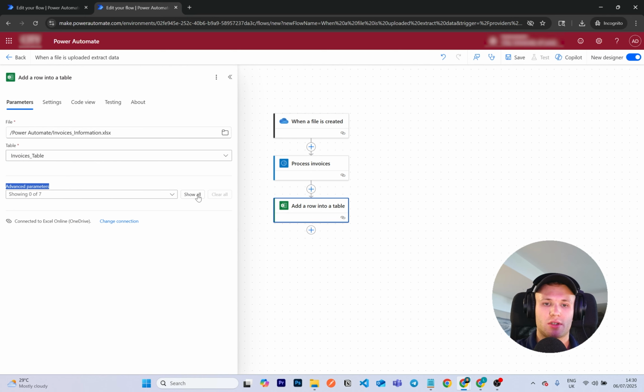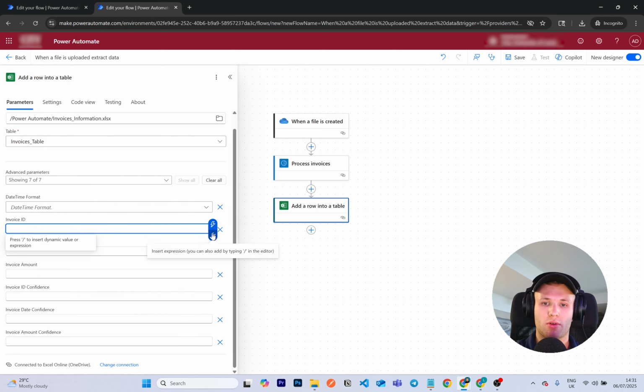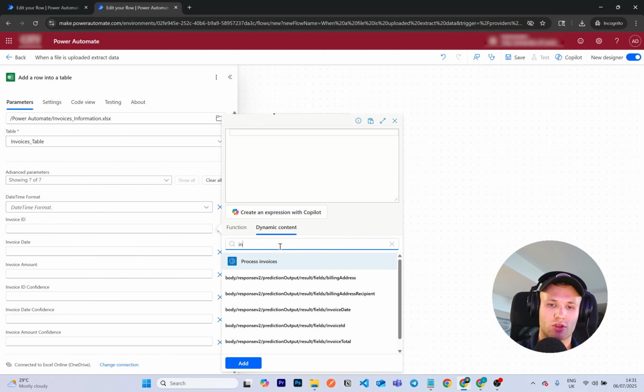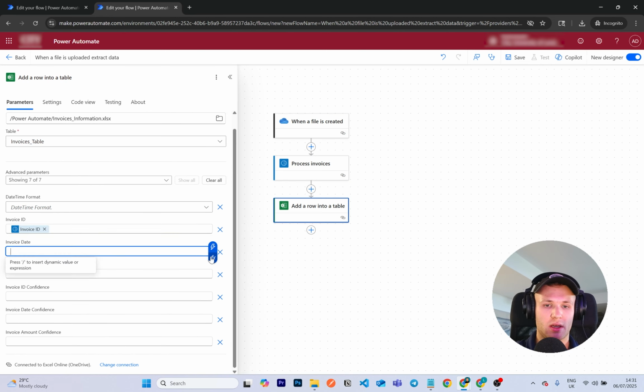In advanced parameters, it will show you the fields that you have created. So now you need to map the fields with the previous component. So for the invoice ID, I need to go to dynamic content, and here I need to search for the invoice ID, select it. Similarly,